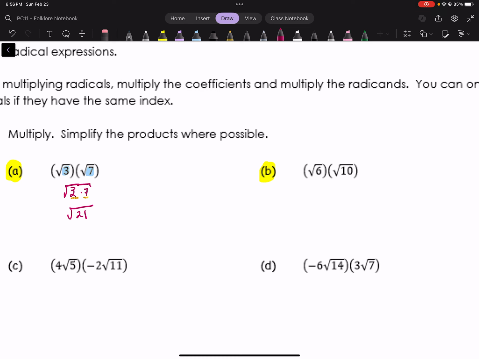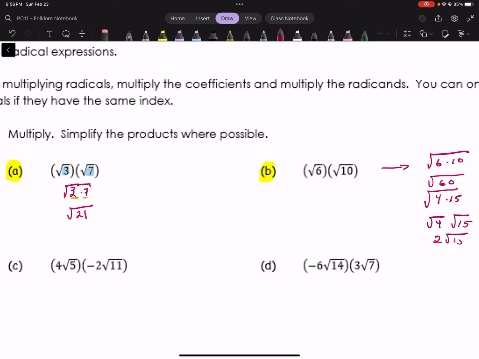So the root of 6 times the root of 10. Now, here, I'm just going to take maybe a weird way. I'm just going to say this is the root of 6 times 10, and that turns into the root of 60. And then to simplify, I have to take it one step further and say, does there exist a perfect square that's a factor of 60? Sure. And that's 4. 4 times 15. So if you're quick with the multiplication tables, this is a good method. And I could split this up into the square root of 4 times the square root of 15 to simplify,